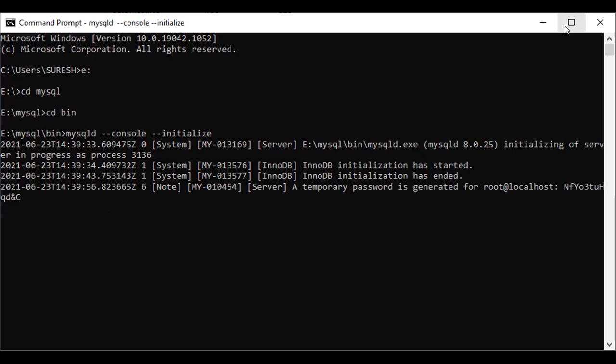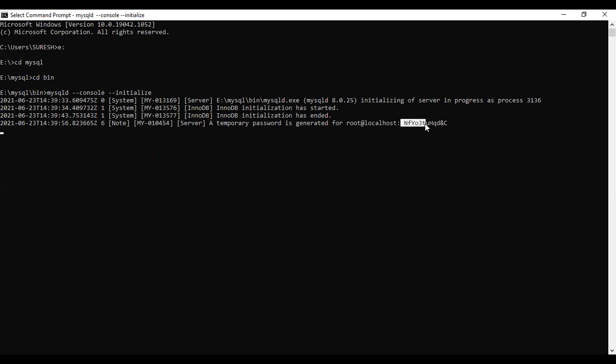Once it is done like this, it generates one temporary password here. We need to save this password, and later we change it to our own password. First, it generates a temporary password for root at localhost.